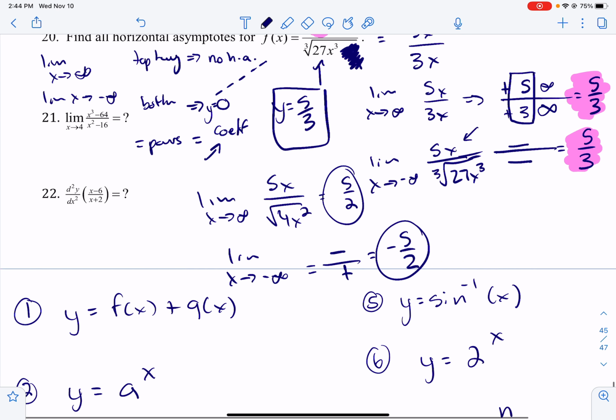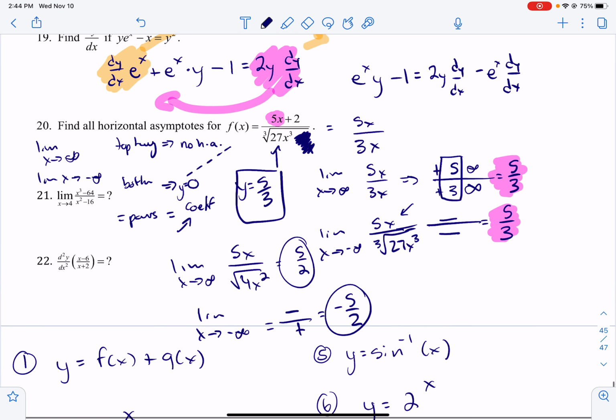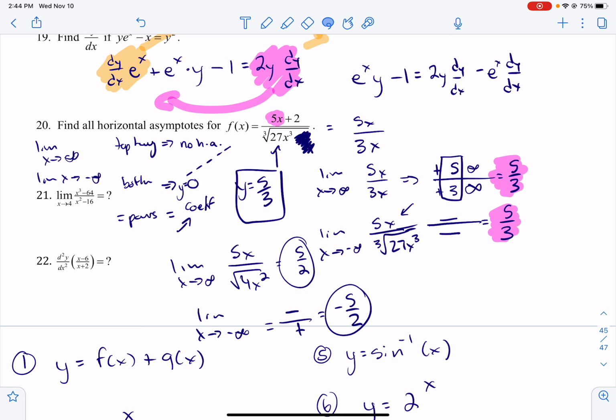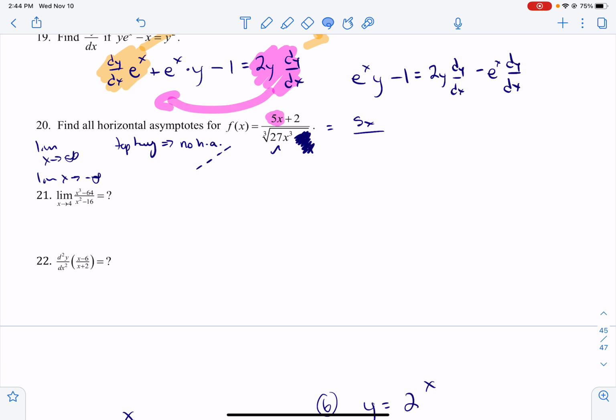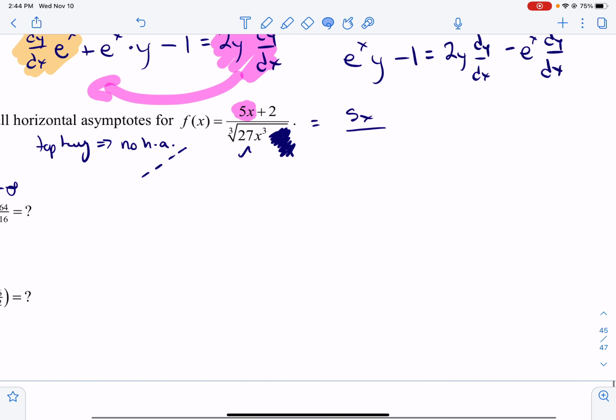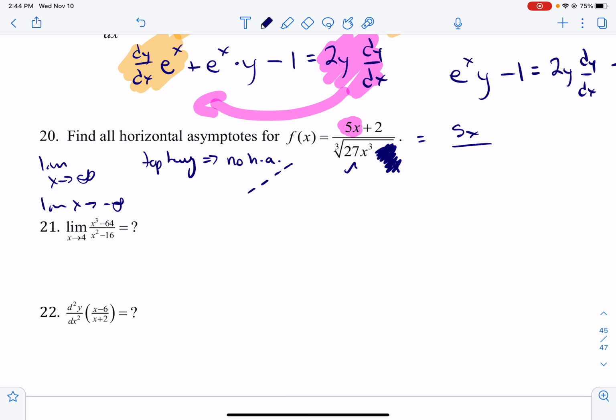All right, now that you are done having so much fun with that one, let's try these last two limits. Or I guess limit and then 22. Oh, look how nice I am giving you some L'Hopital. All right, the limit as x goes to 4 of x cubed minus 64. If I do direct substitution, 4 cubed minus 64 equals 0. 4 squared minus 16 equals 0. So by L'Hopital,